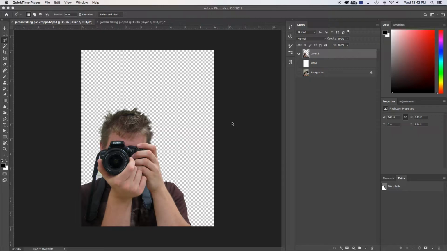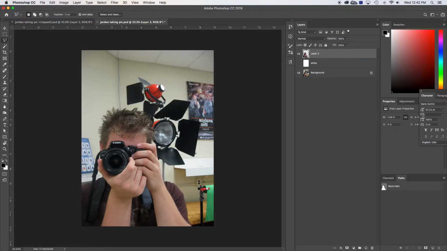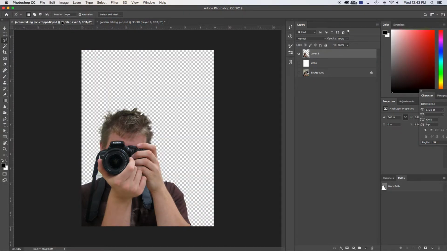Now let's take this shot here of this student with the camera. I've also got him cropped out, but with the exact, this is what I took it from. Here's an old picture with the lights, and so with the background in, the picture has the exact same dimensions, and he is cropped out. There it is. Two separate files. So if I go back to InDesign now,